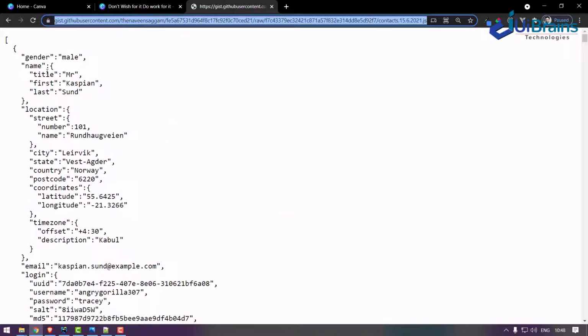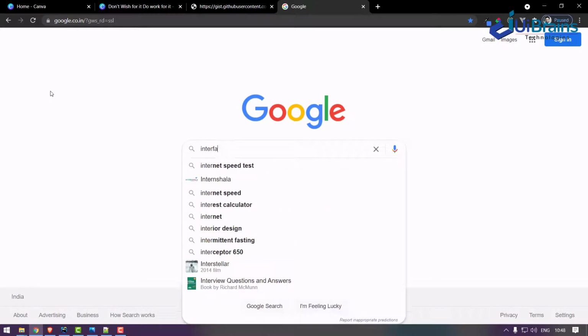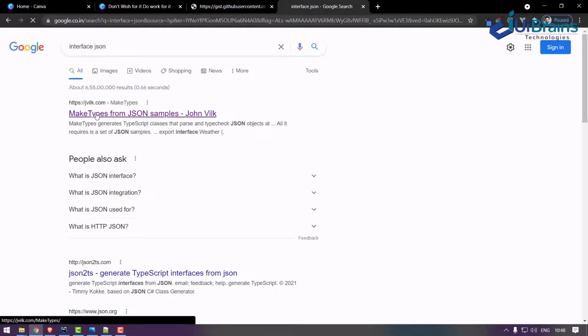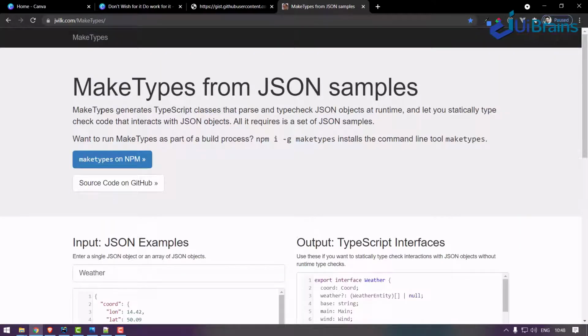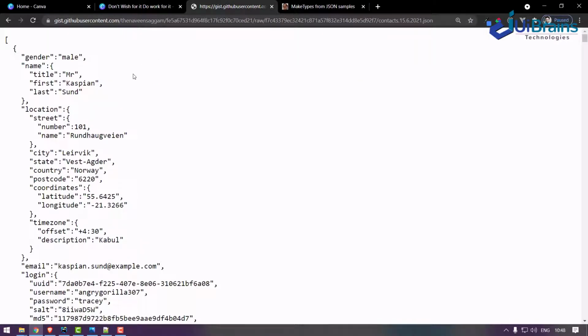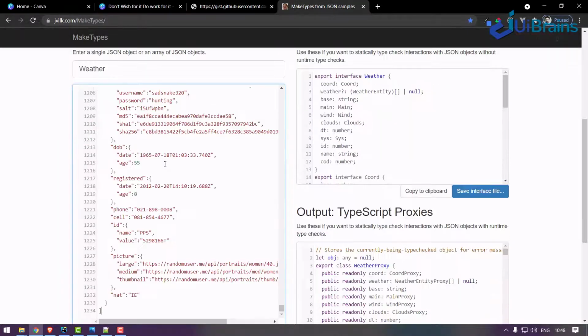For this data, we want to have a model. So how do you create a model? There is a website, JSON to TypeScript interface, which will convert your data into a TypeScript interface. Let's copy the whole data, come back here and paste it.